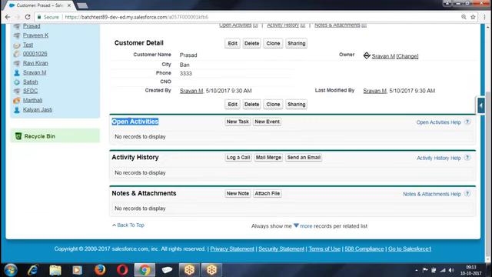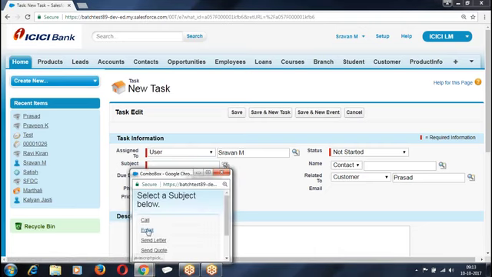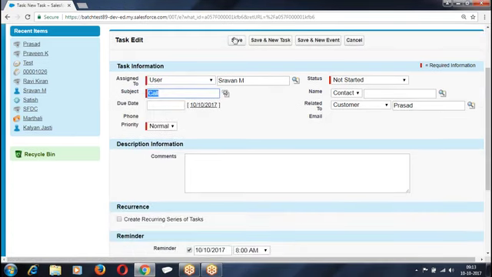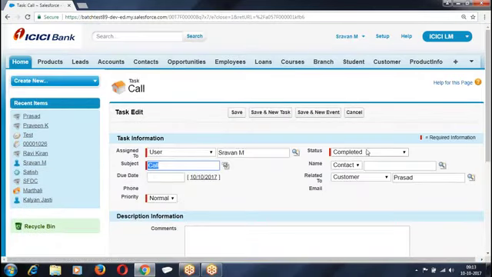Now, what is this? Open task, activity history. When you say open task, the tasks which are not closed, they are open tasks. If they are closed, activity history. Let us see. New task. Task is the same. Open. Now close the task. When I close the task,